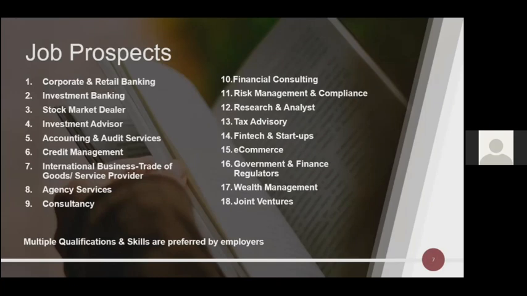Then tax advisory. If you're interested in taxation and you want to make your career in it, then definitely I would suggest that you can do chartered accountancy and get into taxation. It can happen that you set up your own tax firm, a tax advisory firm. You can handle corporates, you can handle high net worth individuals, and so on. So it is a very fun activity. It is very interesting. Taxation is an interesting area.